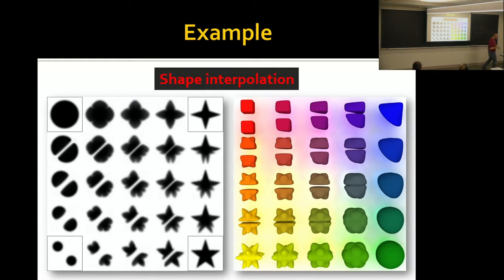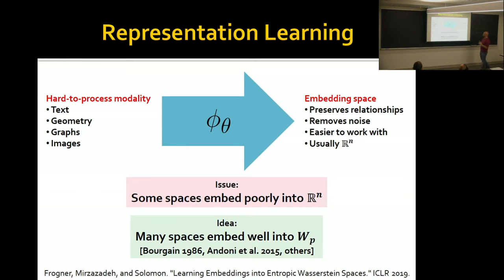Okay, so just recently we proposed a very different application of the same machinery in representation learning. For those of you who are not familiar with representation learning, the idea is that, not unlike metric learning, we have data which is in some strange modality, maybe it's images, maybe it's graphs, or what have you. And what I'd like is to learn a function from this hard-to-process modality into a space where I can do computations more easily. A very typical thing is to just map it into vectors in Rn, which you've probably seen, a deep network, that's its job in life. But there's no reason why the target of your embedding has to be Euclidean.